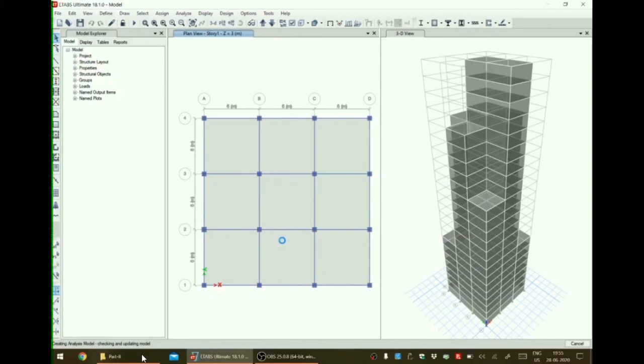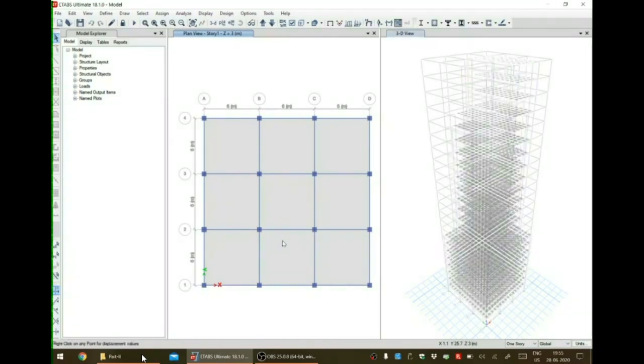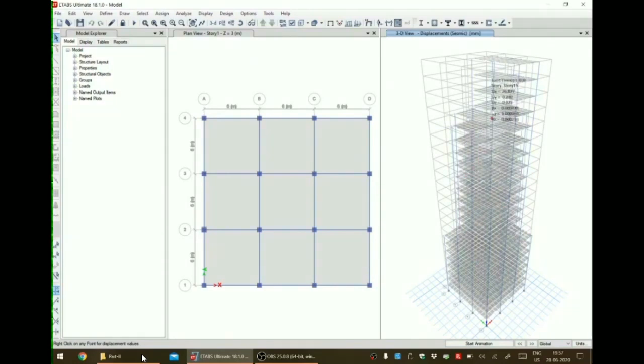So the analysis has begun. It will take a little time. So now the displacement values are given and the analysis part is already done.